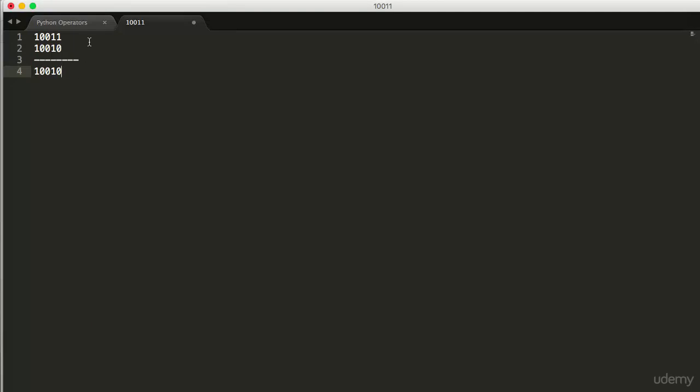So now we got to know AND, and let's know about OR. In case of binary OR, the result will be 1 if at least one of the bits is 1. For example, previously the result will be 1 only if both values are 1, but in the case of OR, the result will be 1 if at least one of these comparison values was 1.